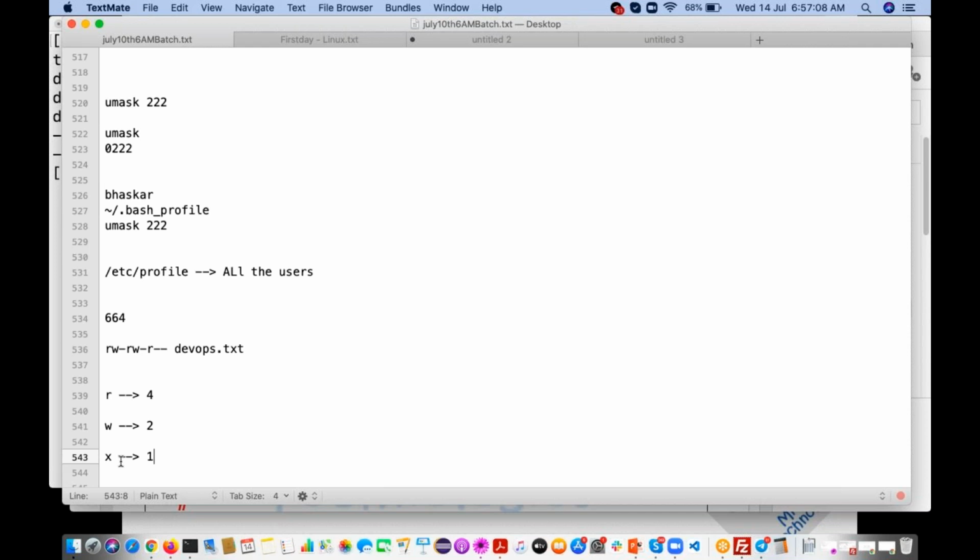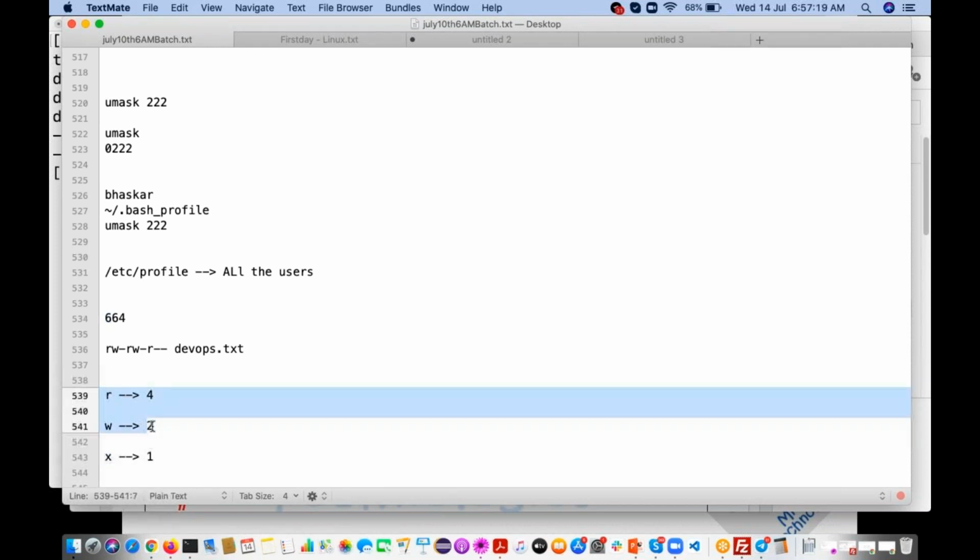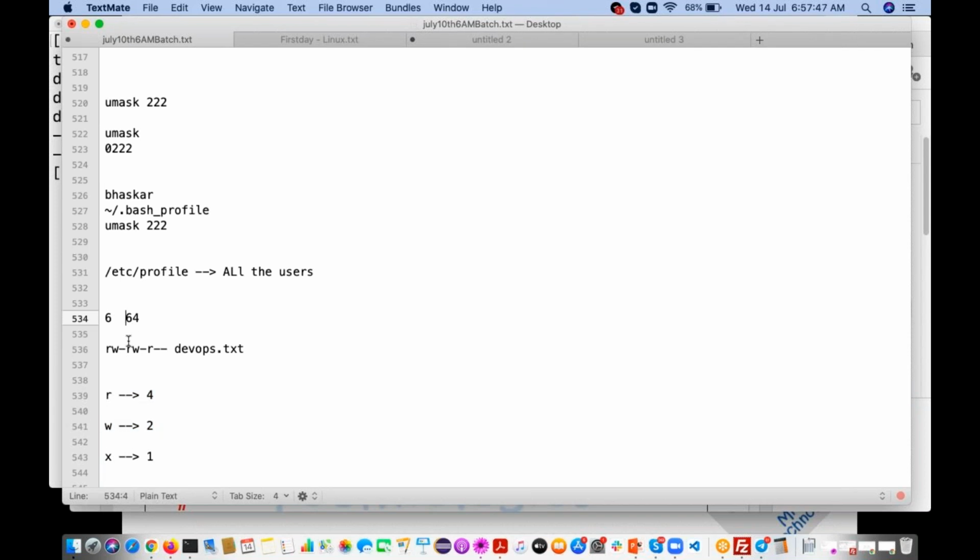Now, if you want to get that 6, what values do I need to add? R means 4, W means 2, right? So to get the value 6, we need to add read and write: 4 plus 2 means 6. Another 6 is read, write.